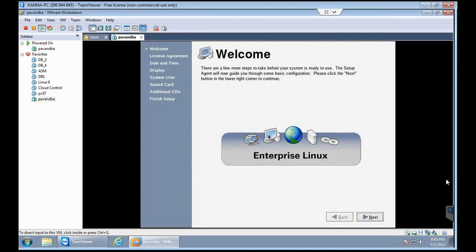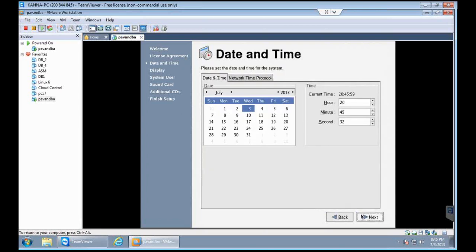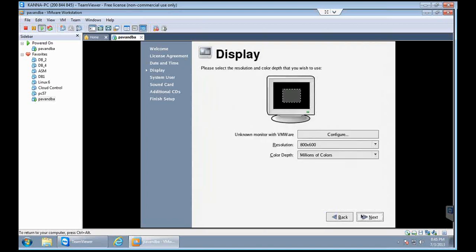Okay, so this will be the screen that you will be receiving, and here you need to click on next. So we are not going to do any changes. We are just proceeding with the next options.